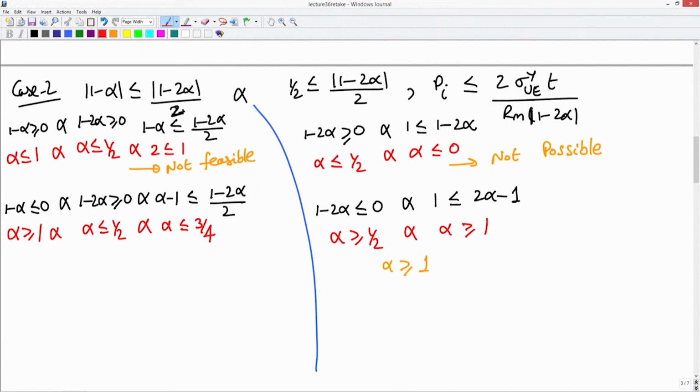Okay. Now, combining all this, what you will get is that alpha must be greater than 1 and less than 3 by 4, which is not possible. It is not possible that alpha can be greater than 1 as well as less than 3 by 4. So, this is not a possible solution; it is not possible to find such an alpha. Okay. Next, let us consider the next case, which will be 1